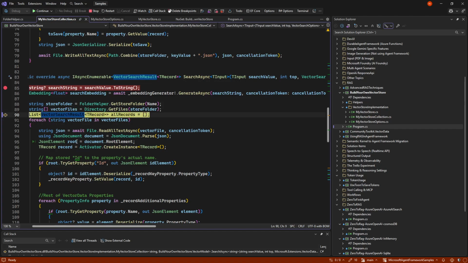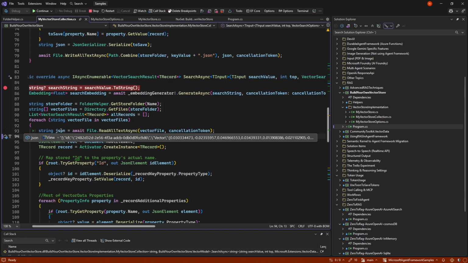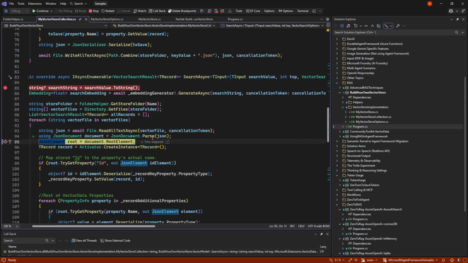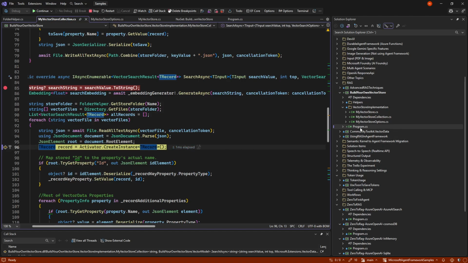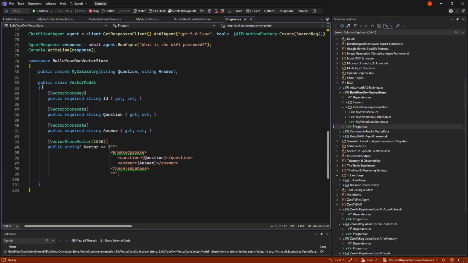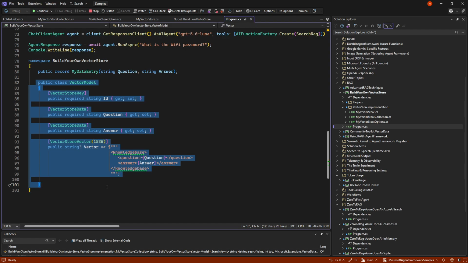But since we just need all our files, we have our 10 JSON files. And for each of them, we go in and read the JSON. So we get the vector, the ID, and such, the long JSON file. We parse that JSON, and we generate a new T record, meaning we're trying to build up some of these, 10 of them.